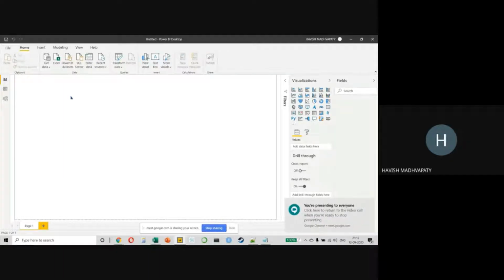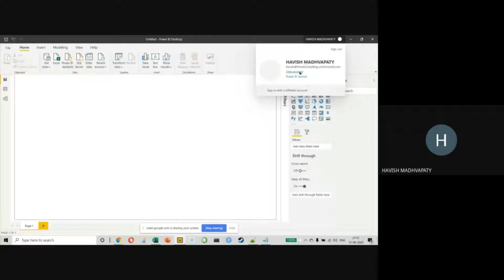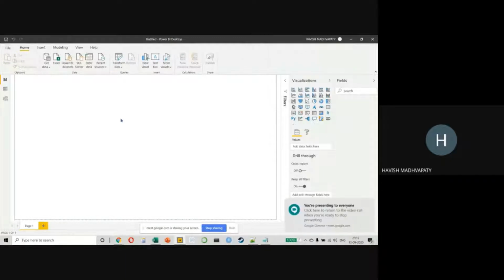Power BI is an independent Microsoft tool. It is not sold as a part of Microsoft Office. The good part is that it is completely free of cost. So you can just go online and download it. And you can download Power BI Desktop. Even though I'm working on a paid account, which allows me to get certain additional features, even with the free version, you will be able to do everything that I'm showing you today.